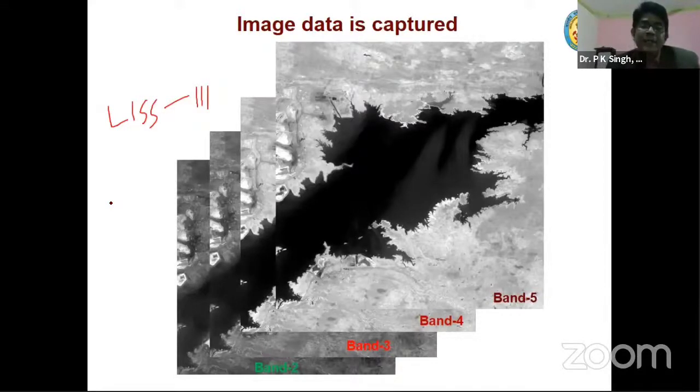Because the spectral range of the first band is green. Otherwise, it should be blue. When you think of the first band in general, you will think the first band is the blue band. But this image has not been taken in the blue band. So the first band is band 2, which corresponds to the green zone. Second band, red band. Third band, near infrared. And the fifth band is slightly further to the right of near infrared. So these are the 4 bands of Landsat 3.